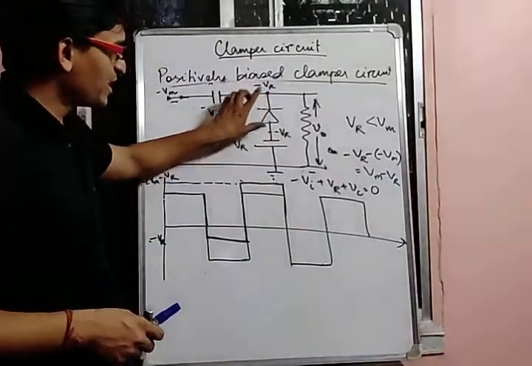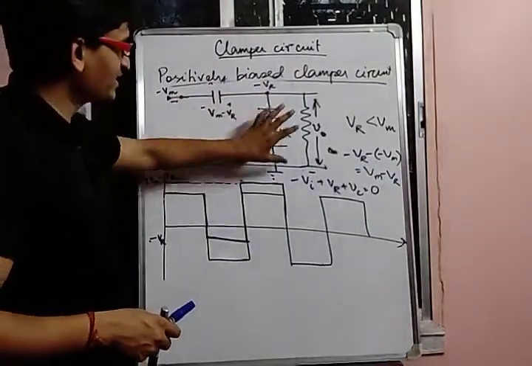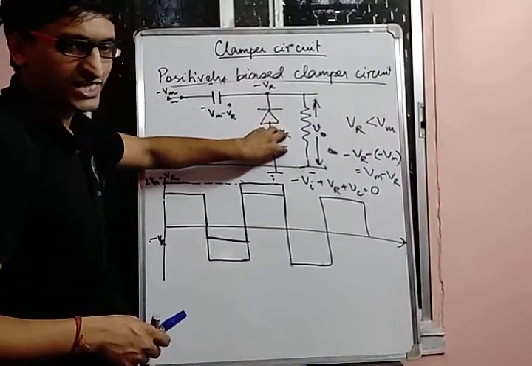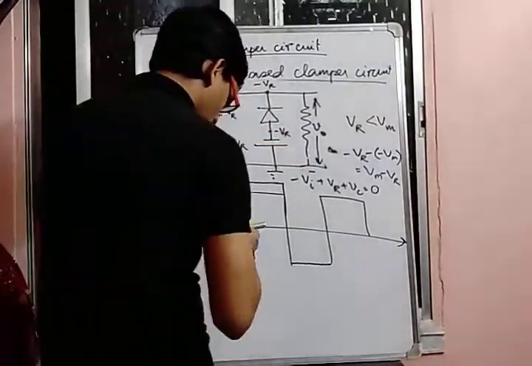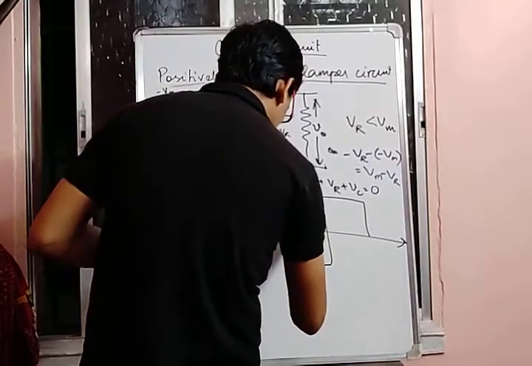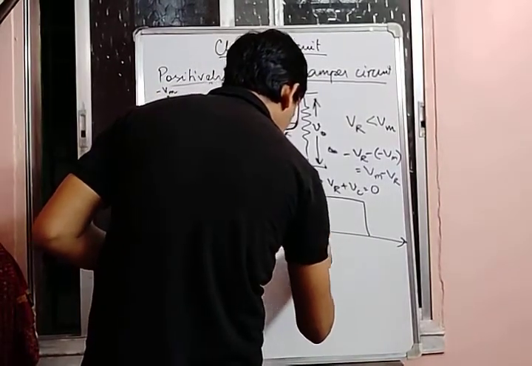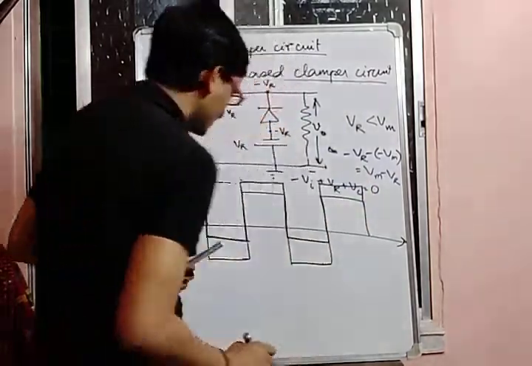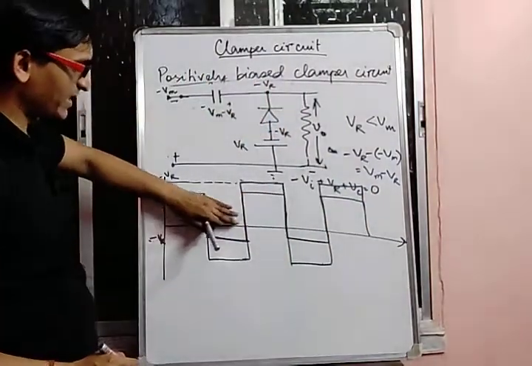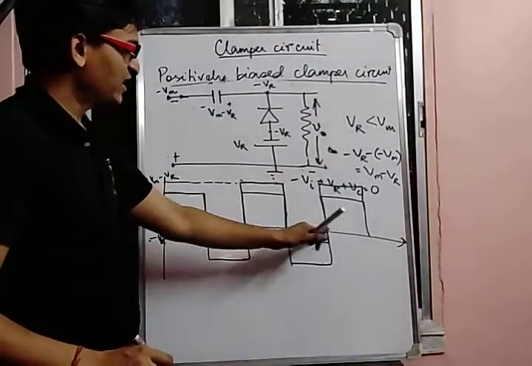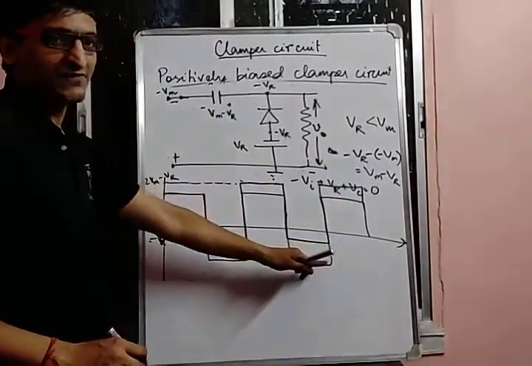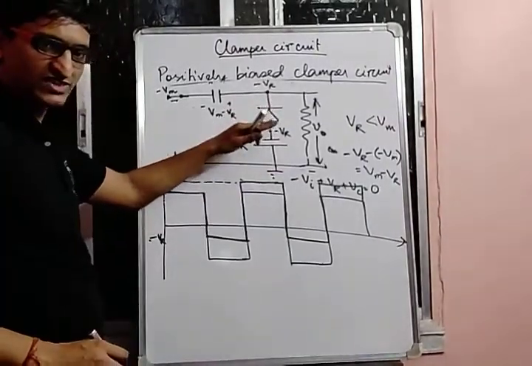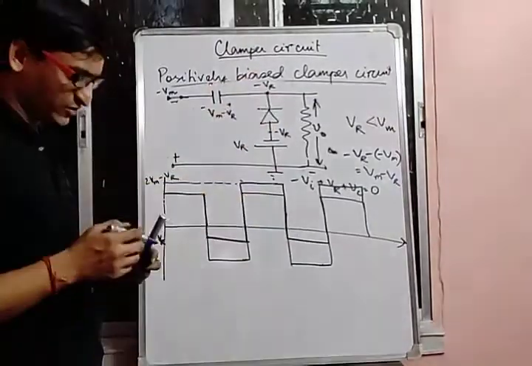So what will happen? No current will be flowing. So as a result, the output voltage which we will be getting will be simply equal to this Vr, obviously minus. The output voltage which we will be getting is simply minus Vr, and it will repeat itself like this. So you can easily see that after one cycle you are basically getting a positively biased clamper circuit. It has shifted upward, but not completely upwards. There is some bias which has been introduced.